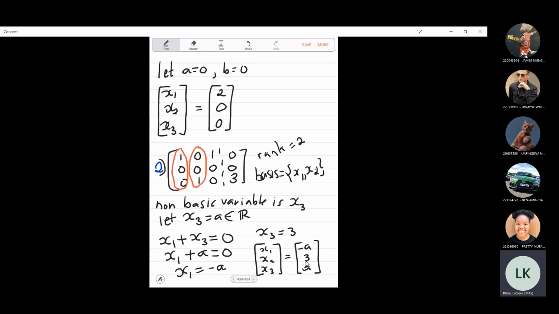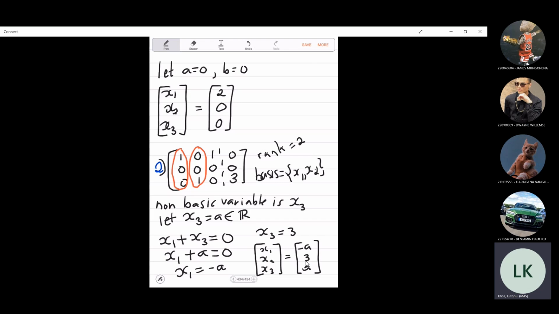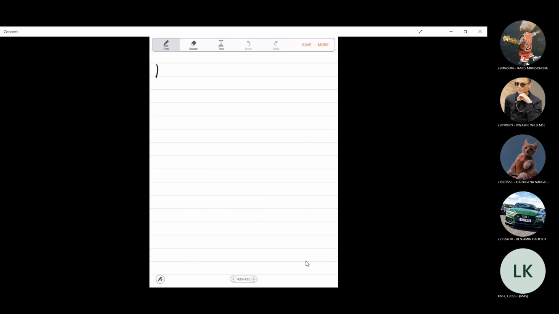Just see if I can get an example. Okay, this is from exercise 6.1,